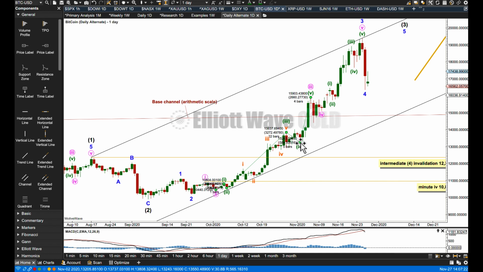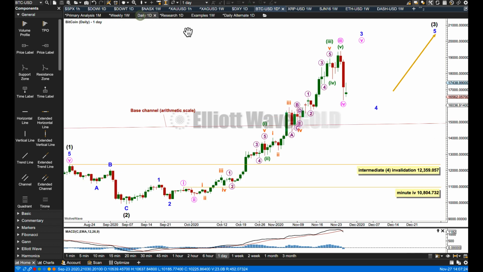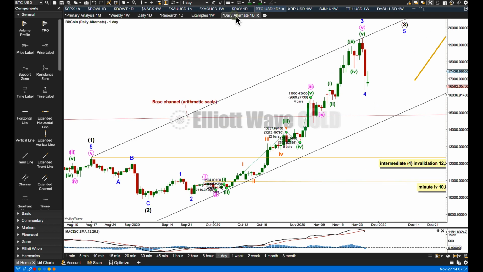Okay. So here I've got this pullback minute degree. I've looked at could it be minor degree or could it be intermediate degree, and the conclusion is possibly, but very low in probability. I'm going to spend some more time playing with this. I'm going to end this video here because it's been quite long. I hope you've learned something from this. If anyone's got any questions on